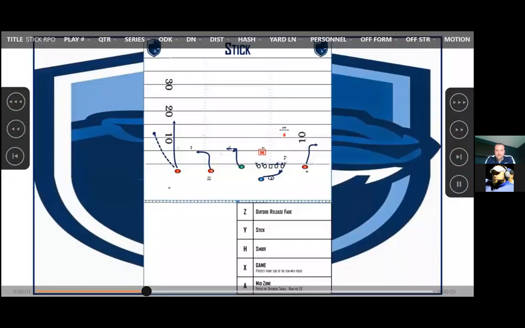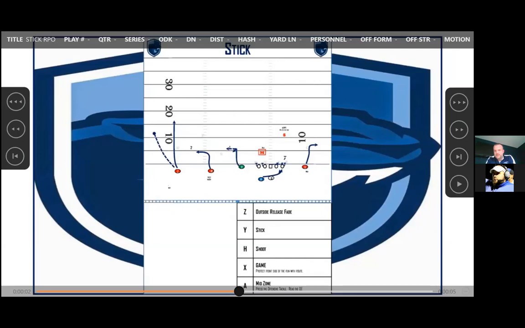So what does it look like when we tag it with a run? So this is mid-zone to the right, and we've got our RPO to the left. Now, a couple things that we found to be important, and it'll sort of explain maybe the next phase. If this kid is flying to the football, you've got to slow him down. We're going to read him. But a couple things. You have to be aware into the boundary. There is a gray W here for the will. He'll be accounted for. But it might be a corner, and it might be a safety. And here we just highlighted the safety. We cannot block this safety coming down.